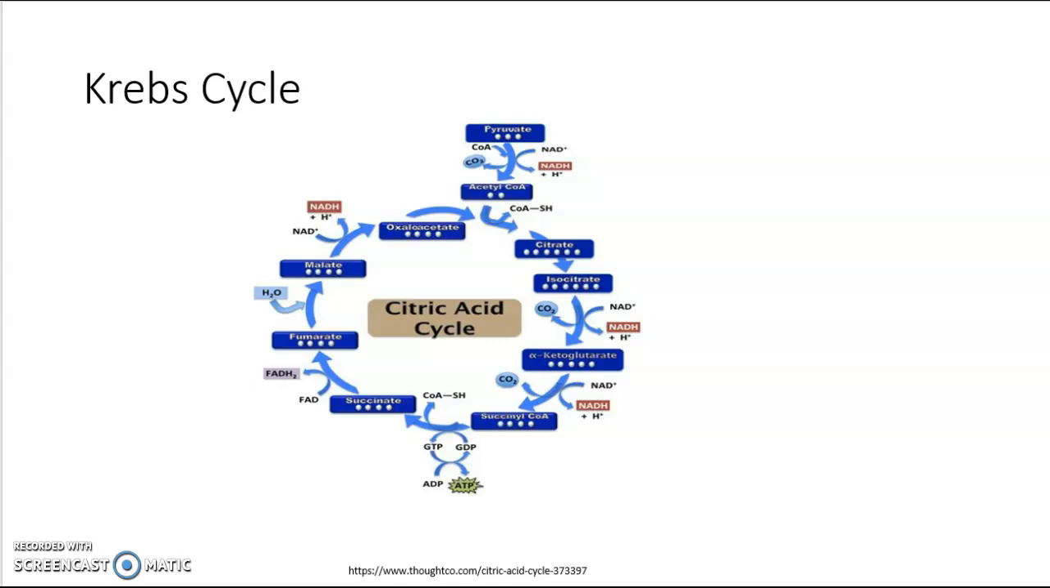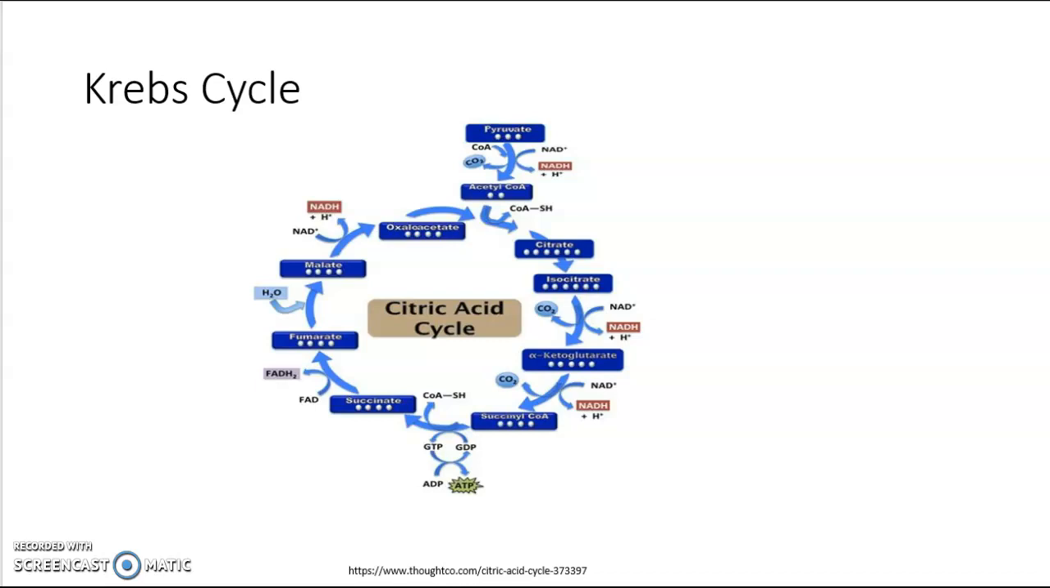Step 1, acetyl-CoA joins with oxaloacetate to form citrate. Step 2, citrate is converted to isocitrate. Step 3, isocitrate is oxidized to alpha-ketoglutarate, which results in the release of carbon dioxide along with 1 molecule of NADH. Step 4, alpha-ketoglutarate is oxidized to form a 4-carbon molecule, which picks up coenzyme A and forms succinyl-CoA and